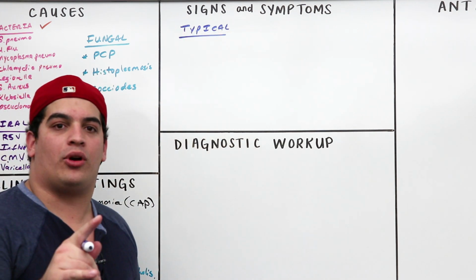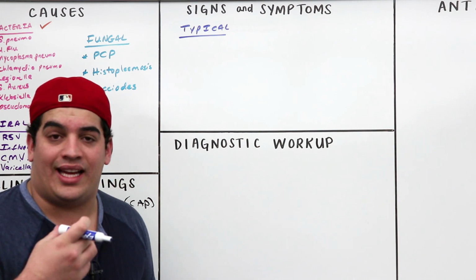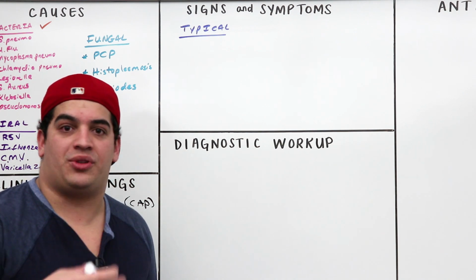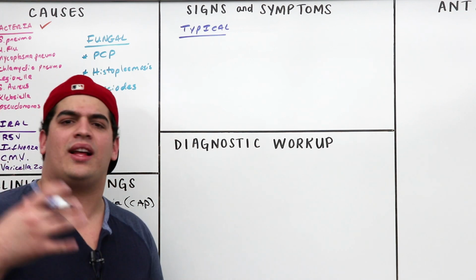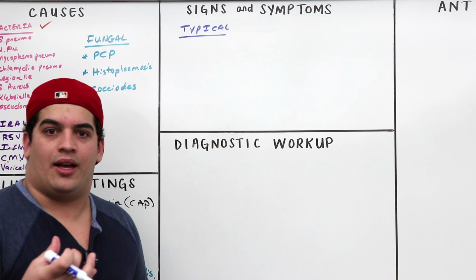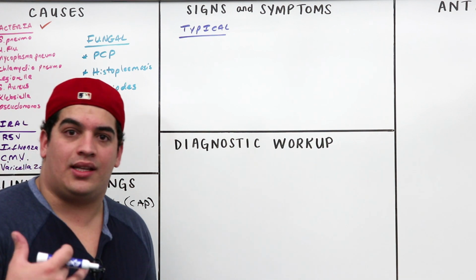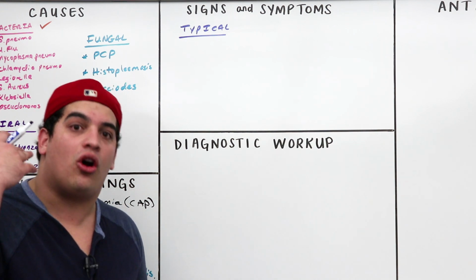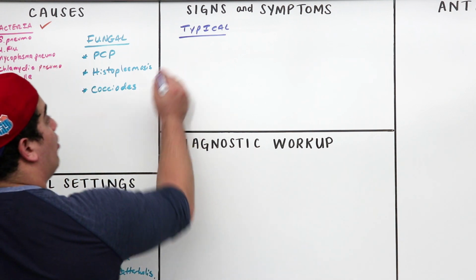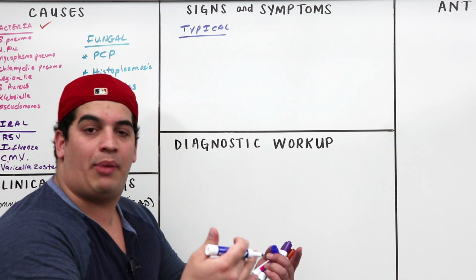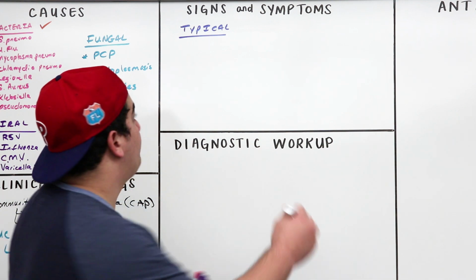We said that, remember, there's going to be a lot of that consolidation. That consolidation, which is the accumulation of alveolar exudate and red blood cells and fibrin and white blood cells and all that stuff there, can lead to dyspnea, which can lead to hypoxia. Hypoxia can increase your heart rate and increase your respiratory rate. So what are some of the things that you'll see upon initial inspection of the patient, or when you're getting their vital signs? You'll see